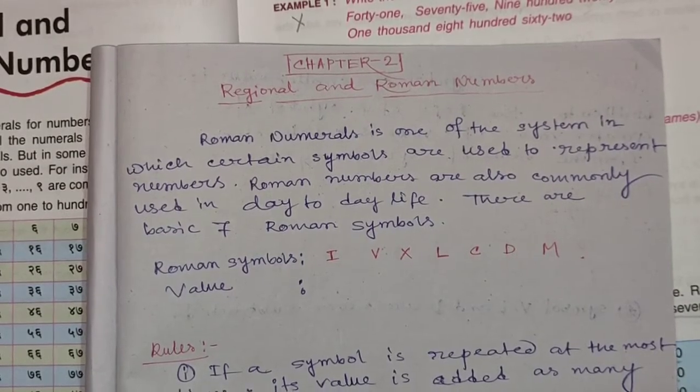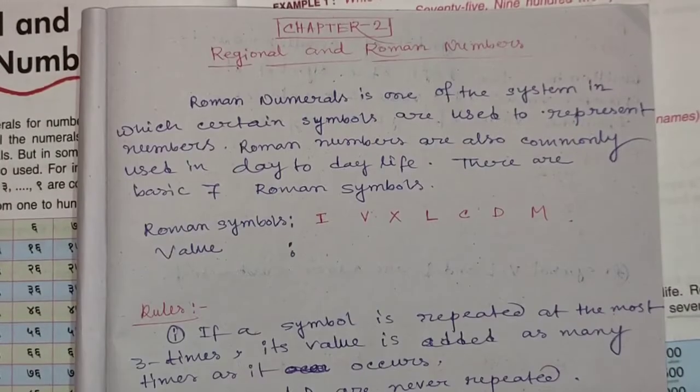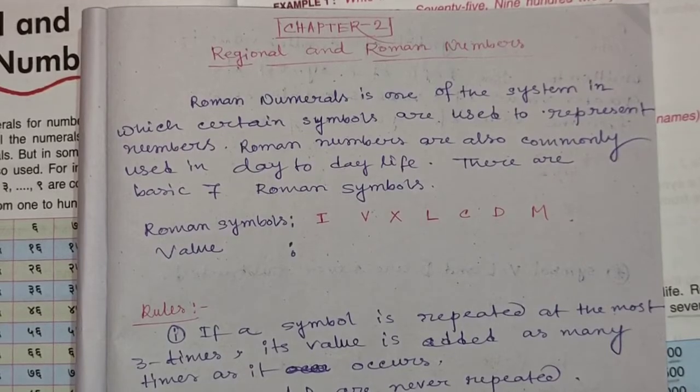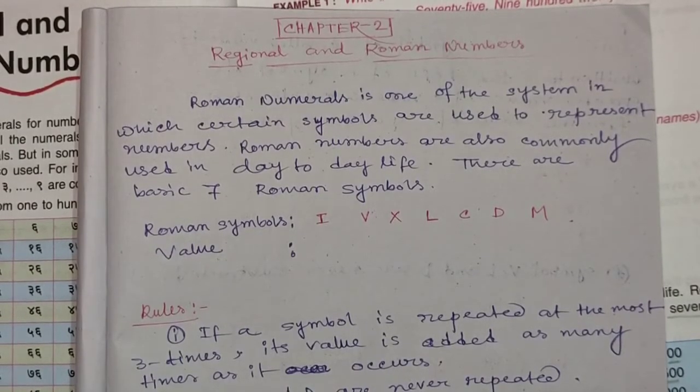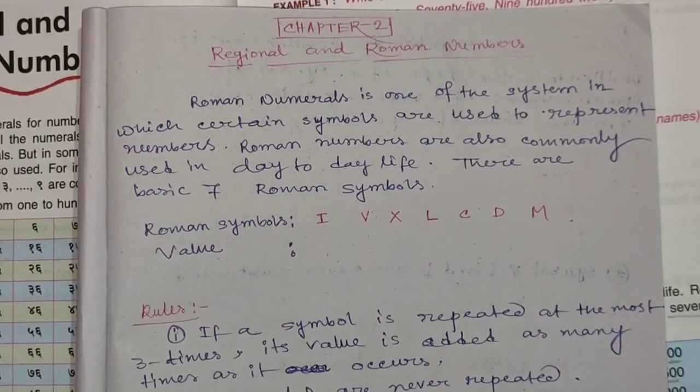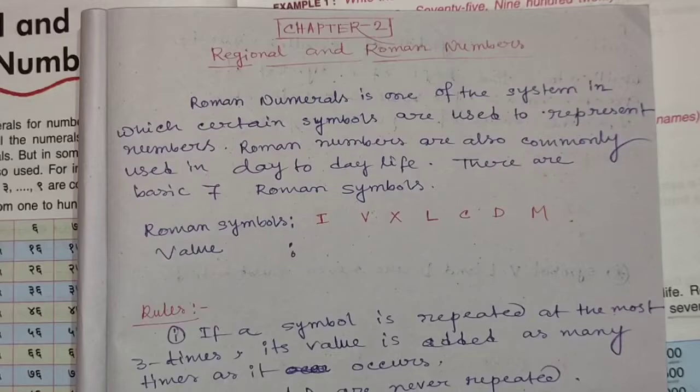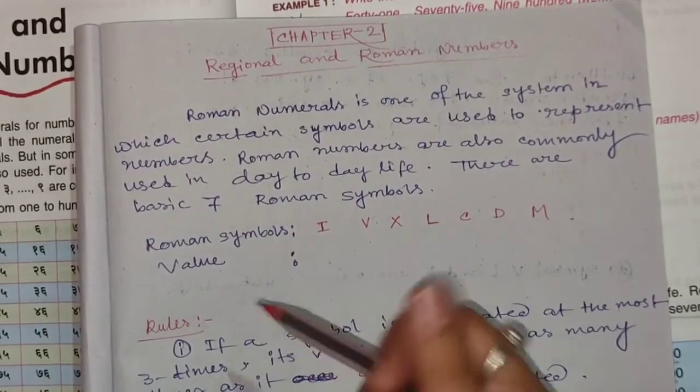There are 7 basic Roman symbols. Those symbols we can use to represent any number. তাহলে 7টা বেসিক রোমান সিম্বল আছে যেগুলো ইউজ করে আমরা যে কোনো নাম্বারকে রিপ্রেজেন্ট করতে পারি। Now you will learn about those 7 basic Roman symbols. You need to remember these symbols. তোমাদেরকে এই সিম্বলগুলো মনে রাখতে হবে। এই 7 বেসিক রোমান সিম্বল মনে রাখলে আর কিছু রুলস ইউজ করলেই যে কোনো নাম্বারকে আমরা রোমান নিউমারালে লিখতে পারবো।